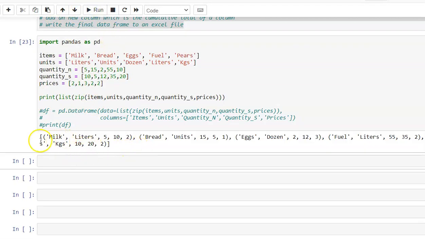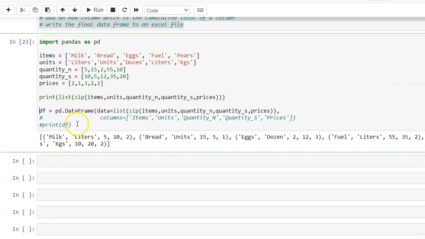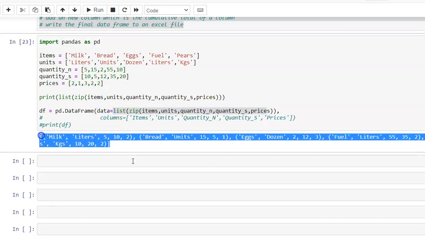What is happening here is we got a tuple, which is formed by the zip function taking an element of each of these lists. In this case, the first one, which is milk and litres and 5 and 10, is parsed into a tuple. Then we pass this list, which is essentially this piece of code, into a data frame method where we say